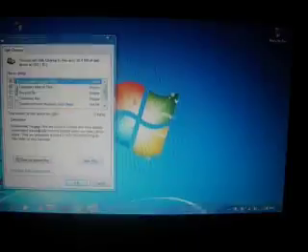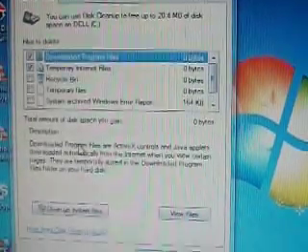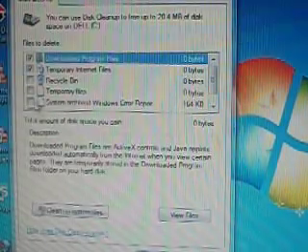Wait for several minutes and you can check the box.